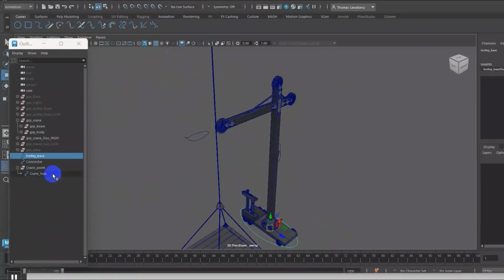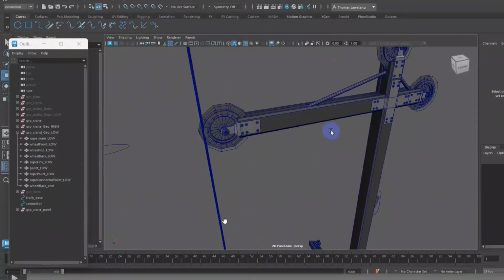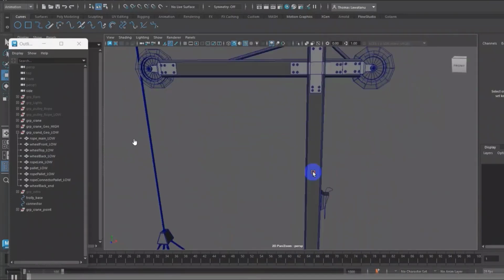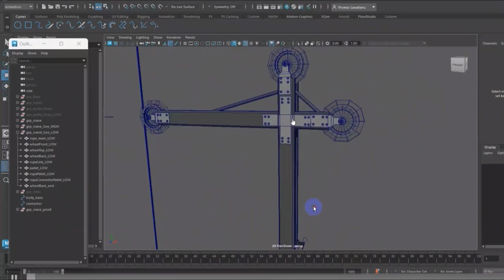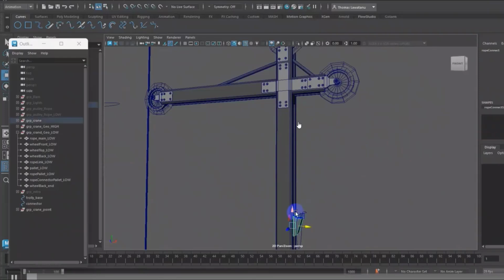Okay, so next, what do we need to do? We already set up all the controllers. Now we create some relation. Let's say when this switch goes up, the wheel will rotate clockwise. When this switch is moving, the wheel will rotate counterclockwise, let's say on the z-axis.